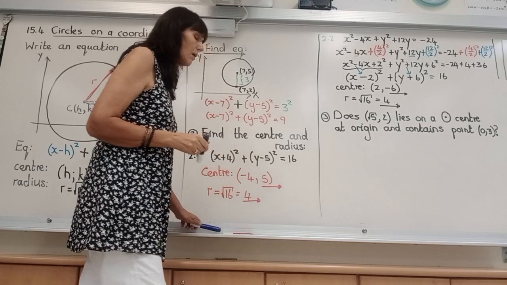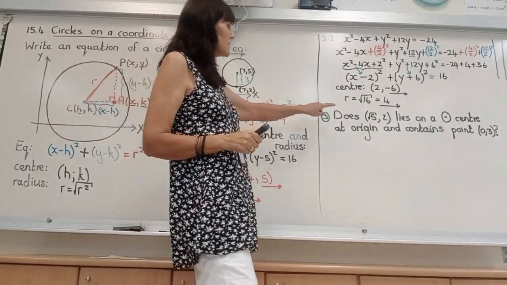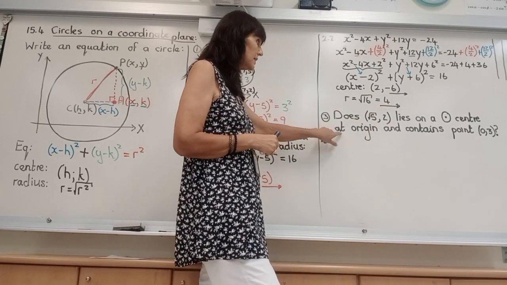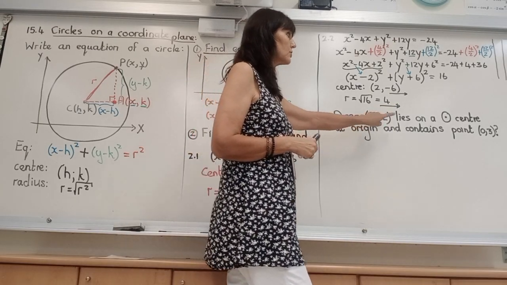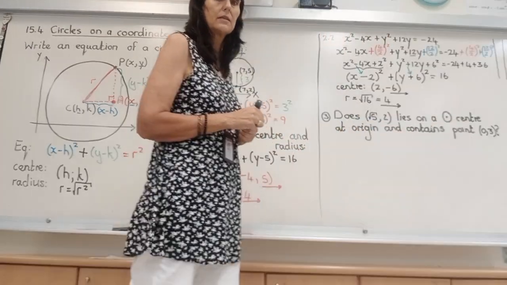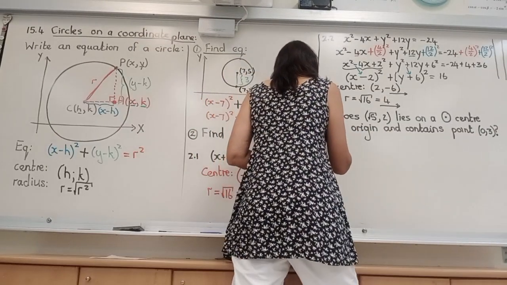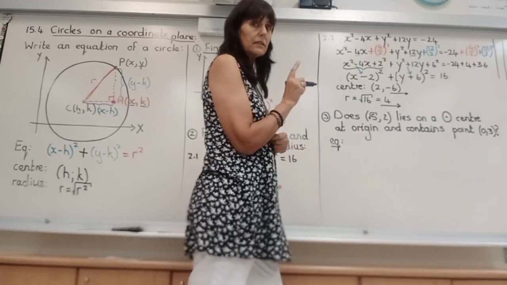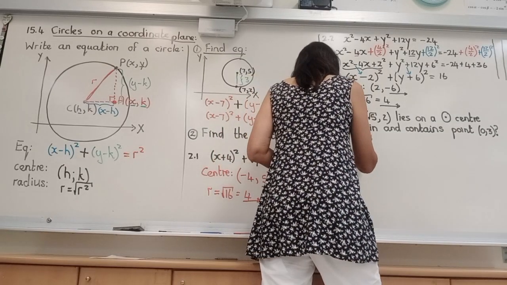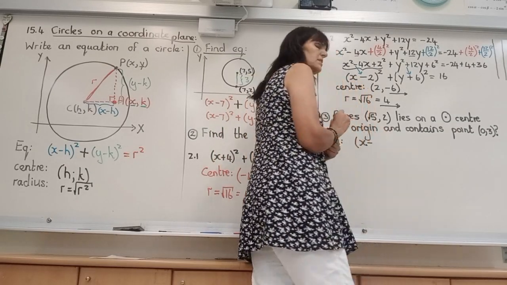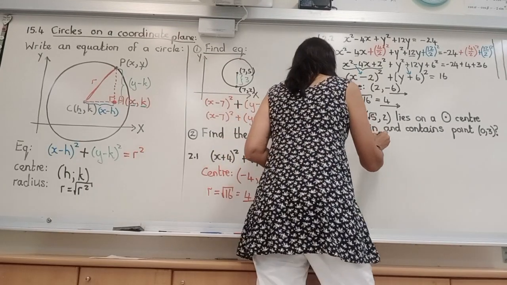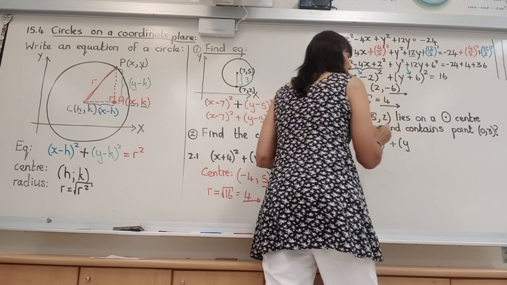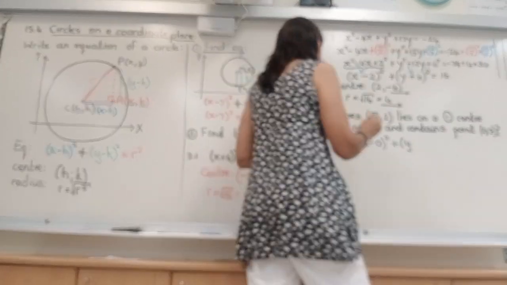And then I want to do a last one. Does this point square root 5, 2 lie on a circle with a center at the origin, and it contains the points 0 and 3. Now let's write down what will the equation of my circle be. Center as the origin means x. What is the x-coordinate of the origin? It's a 0 squared. y origin, y coordinate, this is 0, subtract